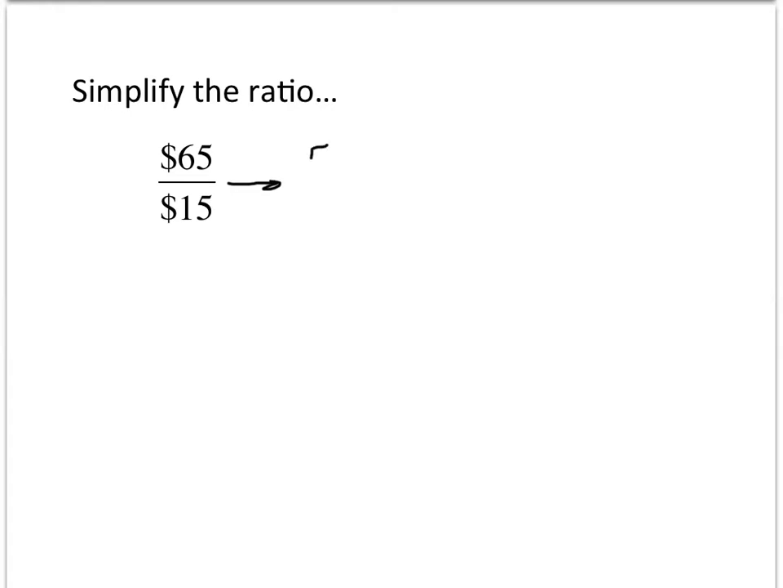So in other words, I can break this off into 5 over 5 times the top value. 5 times 13 is 65. And the bottom value, 5 times 3, is 15. So as I simplify this, what I'm really doing is recognizing that 5 over 5 is equivalent to 1. And I don't need to multiply by 1. So in other words, I'm recognizing that our simplified ratio is simply $13